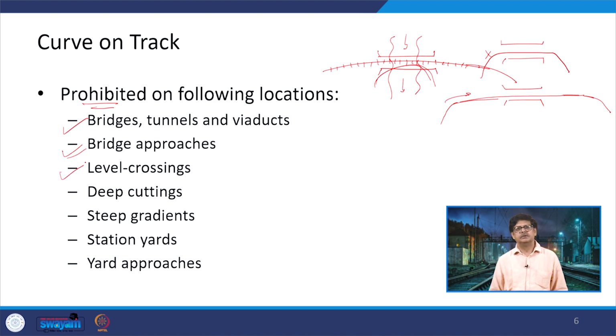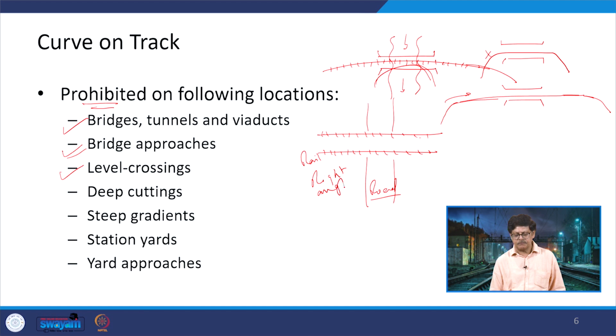Level crossings. Level crossings means you have a rail section which is passing like this. So, maybe there is a double track being provided and there is a road which crosses this section. So, this is a rail section and this one is a road section. In this case, when this type of a crossing is there, it is better that the crossing is at right angle,